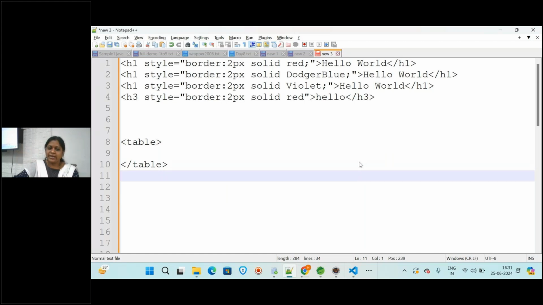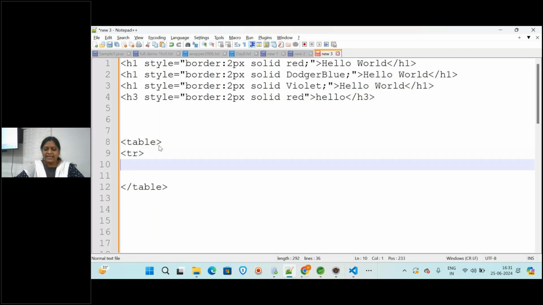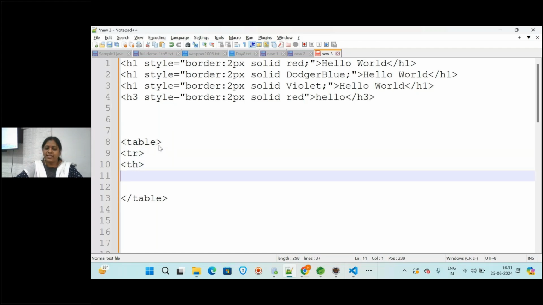Now how to create a row in the table? Like for the ordered list we have li, or for the dl we have dt and dd tags, correct? In the same way, in the table tag we have tr for the row, th for the table heading, and td for the table data.